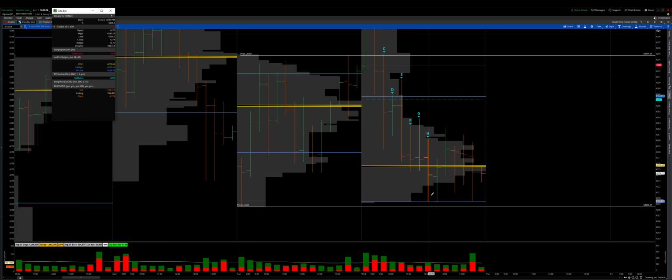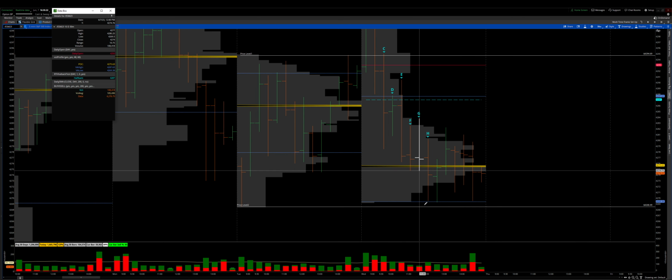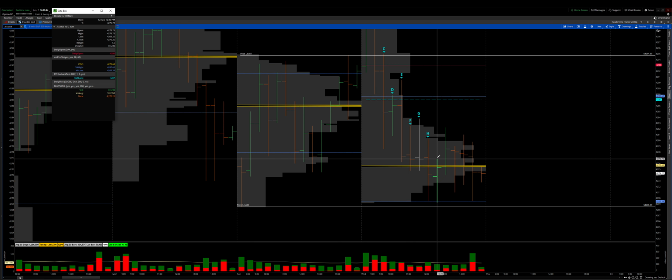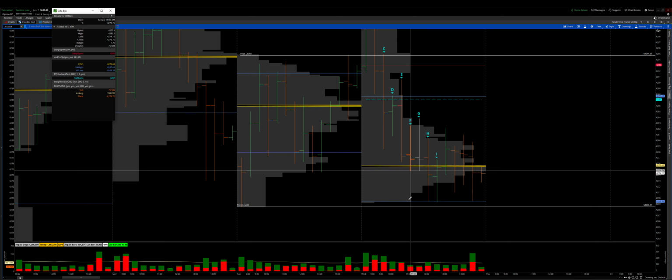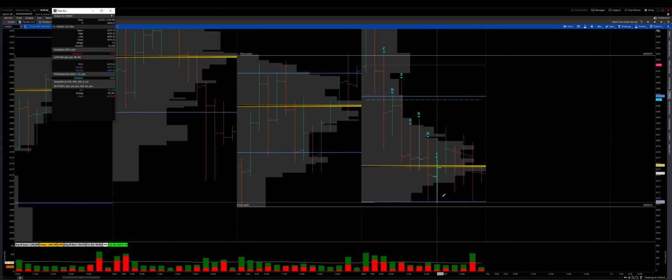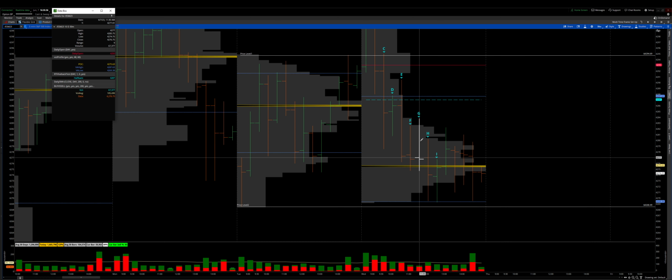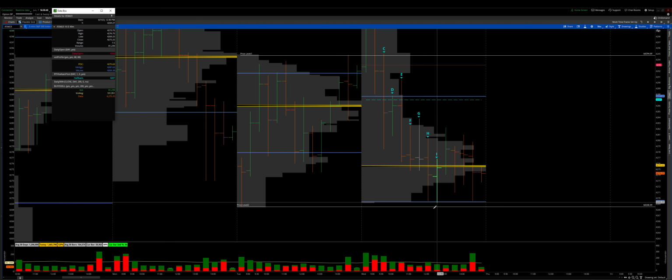But after H period set new lows on the day, we approached the previous day's low, couldn't take it out. So we attempted again in I period, couldn't take it out. So this is kind of a sign that maybe sellers are starting to get a little weak, a little tired, and we might see another type of relief, kind of like we did here in G period, right? Once G couldn't take it out, we got a little bit of relief. Now we're approaching another visual area where H and I couldn't take out Tuesday's low or the previous day's low,